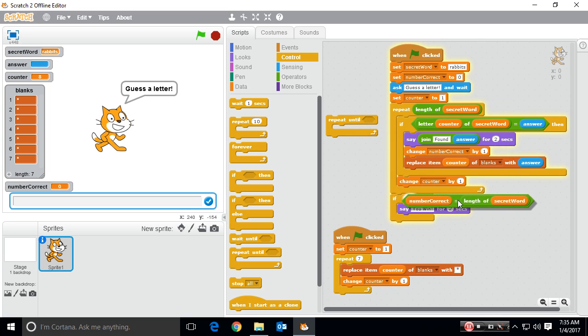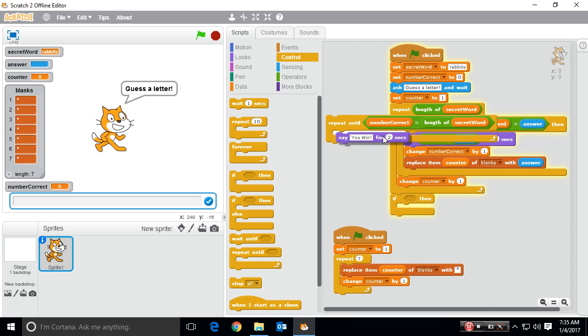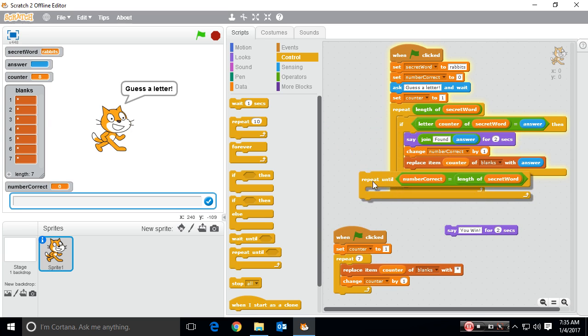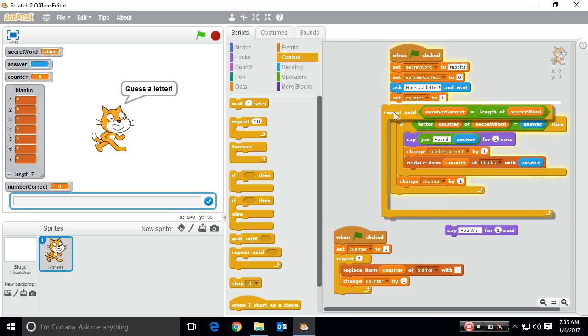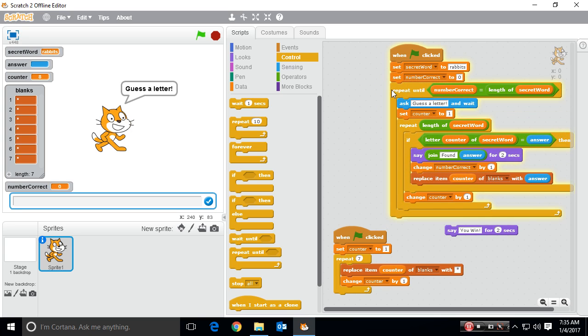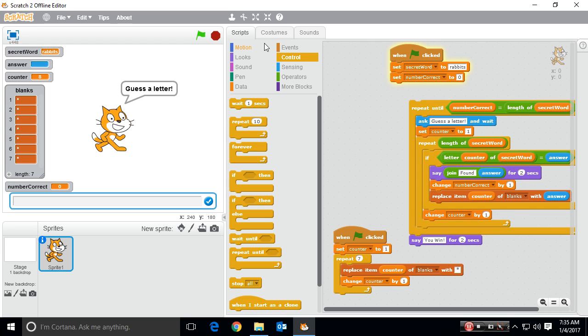Okay, so right now I had this check if after, but no, they need to be able to keep guessing until they're done, okay? So I took that little condition. Repeat this. Let them keep guessing. Hey, guess a letter, until the number that they got correct is equal to the length of secret word. So until they get 7 correct for rabbits, basically. And then I'm going to say you win. You're like, why does this work? Well, these two things